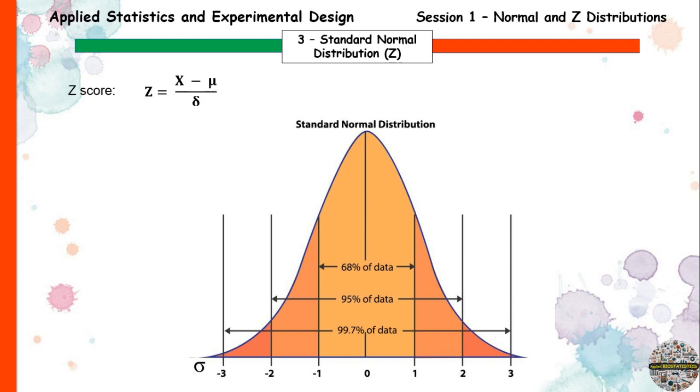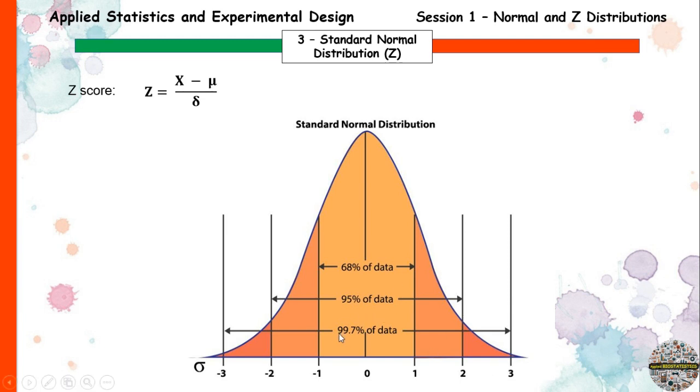If you see this formula, if in a distribution we have several samples, several measurements, and we subtract each measurement from the mean and divide it by the standard deviation, we get the z-score of each measurement, and we will see something like that. Here it is a standard normal distribution